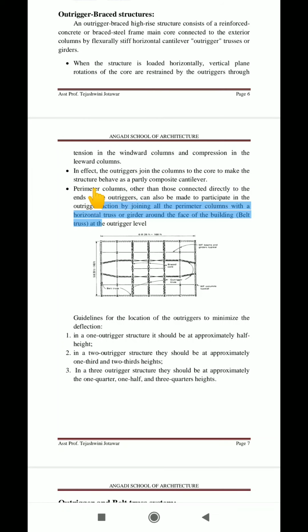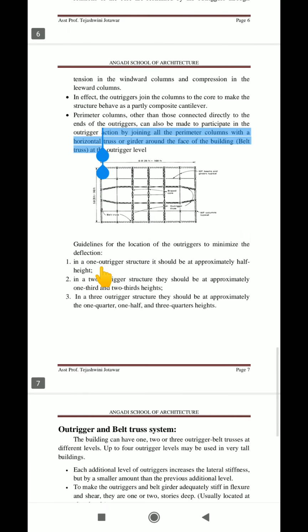In effect of outrigger, the perimeter columns other than those connected directly to the ends of the outrigger can also be made to participate in the outrigger action by joining all the perimeter columns with a horizontal truss or a girder on the face of the building. So I am connecting these 1, 2, 3 and 4 outer perimeter columns to the spine or core of the structure. But not only these 4, I can also connect all the perimeter columns to the spine or the core of the structure by providing a horizontal